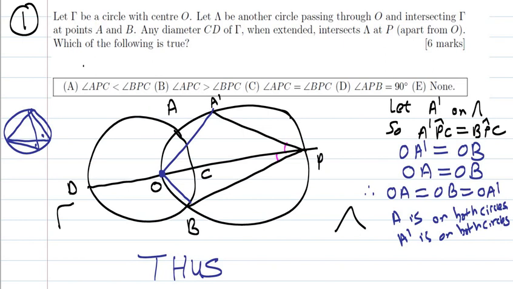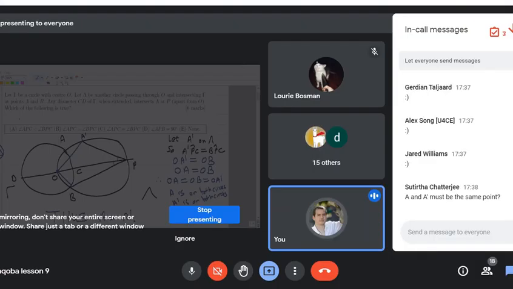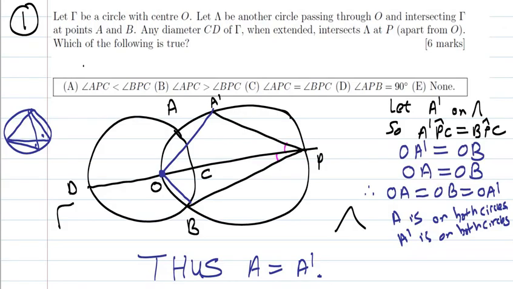Yes, the first gold star for the evening goes to Miss Chatterjee, that A and A dash is the same point. So A and A dash is the same point. Alright? So A and A dash is the same point. And so therefore,